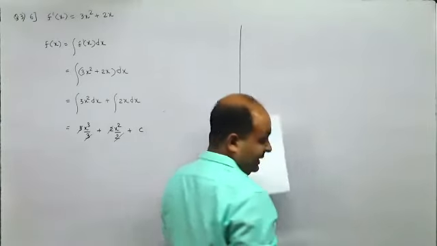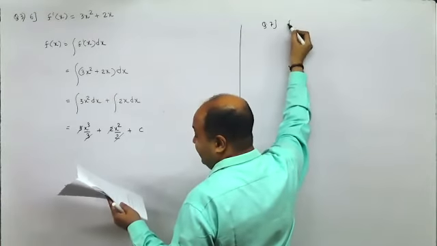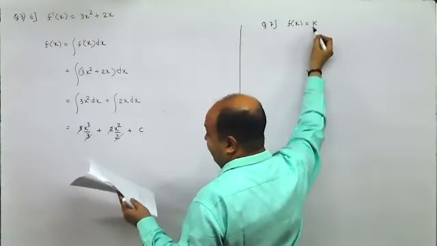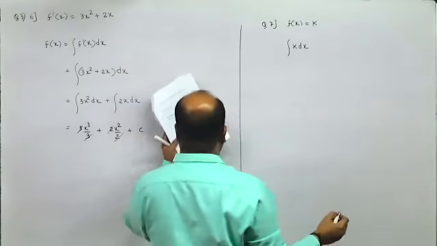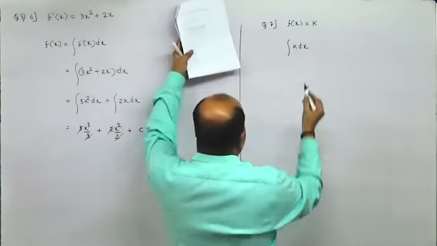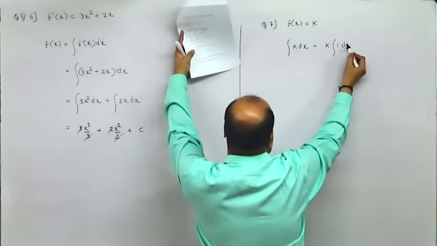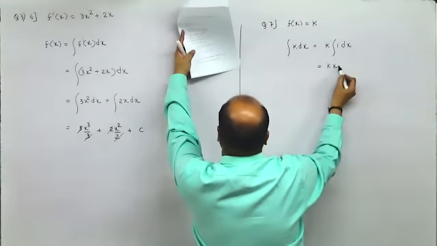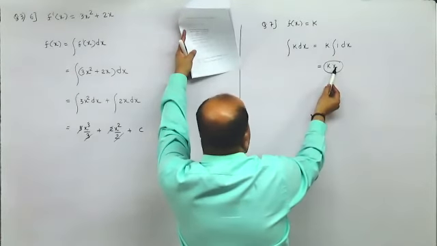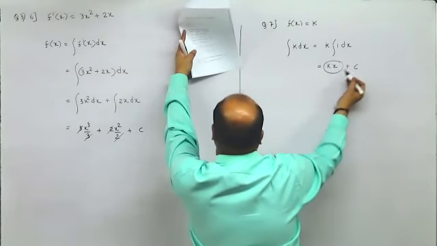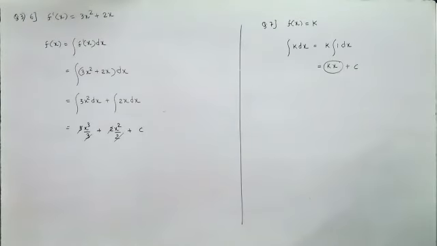The next one is the seventh one, where you have f of x as k, and they have asked you to find the integration of k dx. Now, k is a constant. So if k is a constant, you will take k out, and the integration of 1 dx gives x. So this should have been kx. If k is a non-zero constant, it won't be 0. So remember, this should have been kx plus c. It is not equal to 0.